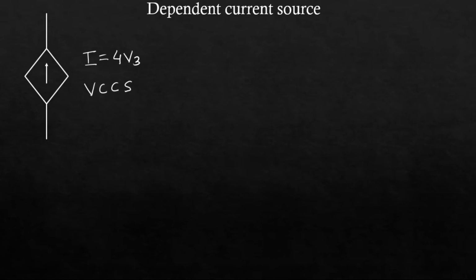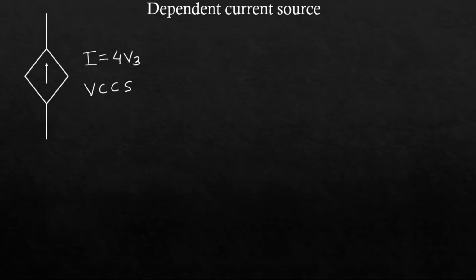Dependent current source again means the value of this source, or the magnitude of current, will depend on some parameter in the network. It will be represented by a trapezoidal box only. Trapezoidal box guarantees it is a dependent source. But here we will show an arrow because it is a current source. Now suppose I say I is equal to 4V3. Then it will be a current source which is controlled via voltage. So it will be a voltage controlled current source, because this current source is controlled by a voltage V3. That is why it is a voltage controlled current source.